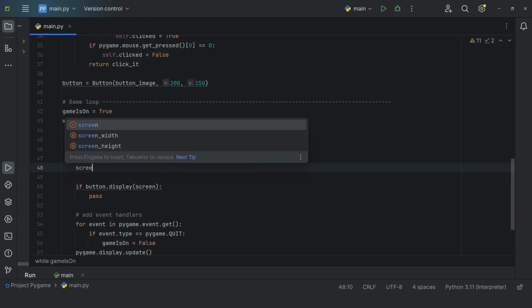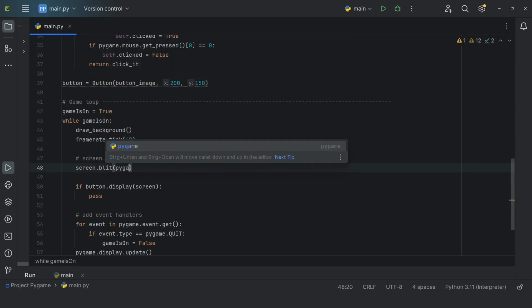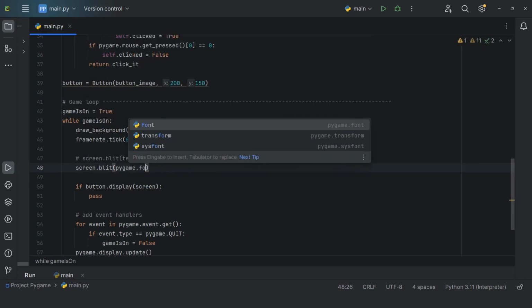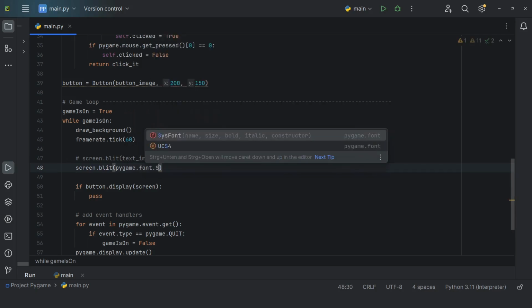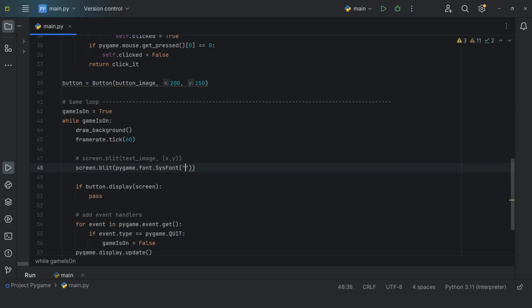So we're saying screen as our surface, .blit to use the blit method, and use pygame.font.SysFont, give it a font and a text size,